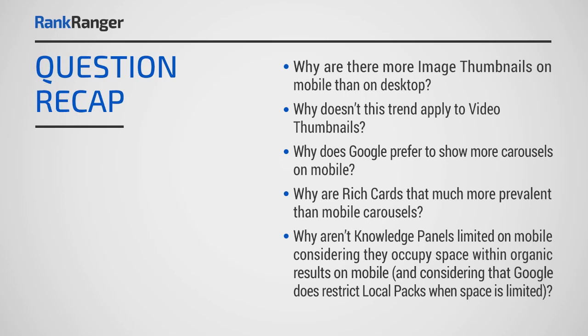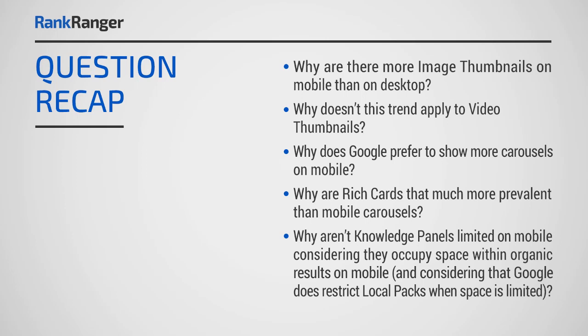Second question, considering that there are more image thumbnails on mobile than on desktop, why does this trend not continue to video thumbnails? Why are there way more video thumbnails on desktop than on mobile? Question number 3. Why does Google prefer carousels on mobile? Why does it show more carousels on mobile than on desktop? And picking back off of that, versus traditional carousels, why does Google prefer to show rich cards as its carousel